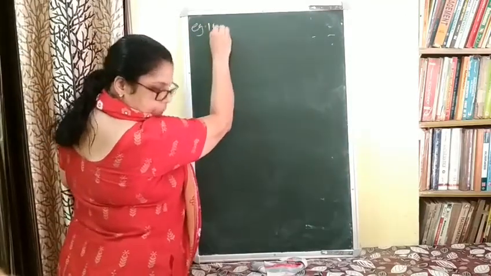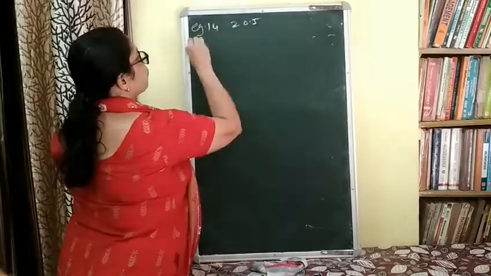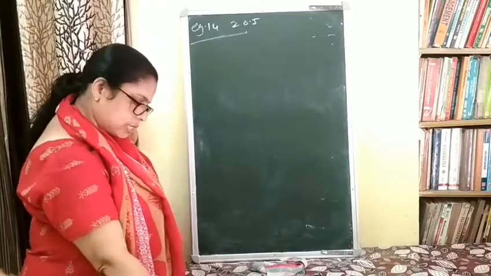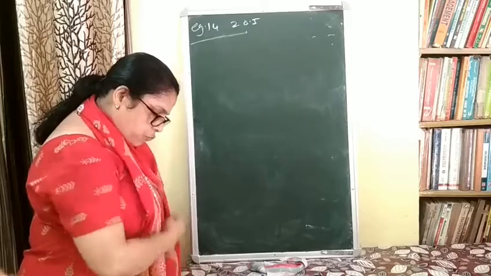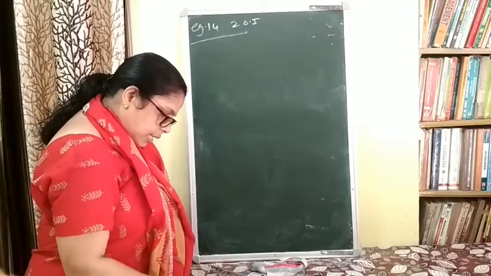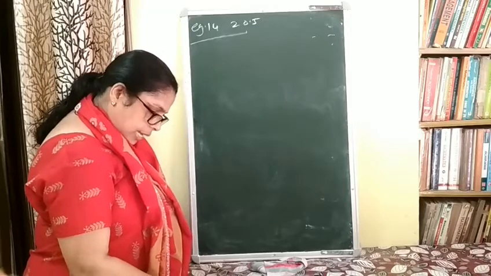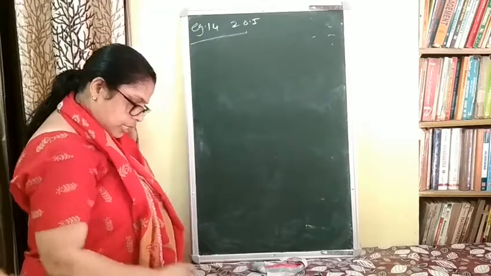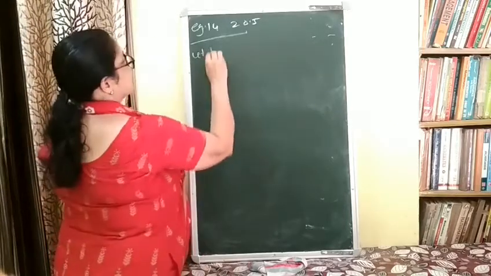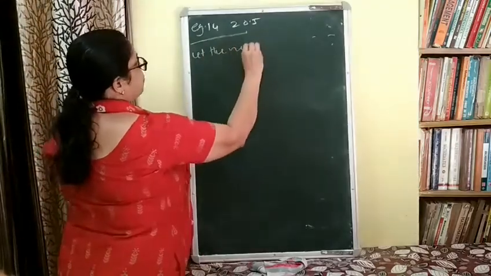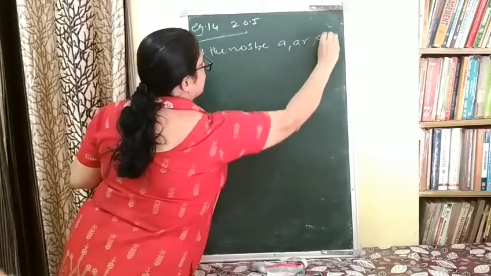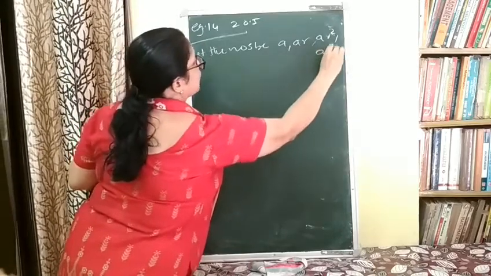Example 14 in page number 20.5, this is a question of NCERT. If you do it once in Addition, the NCERT questions will also be covered. Find four numbers forming a geometric progression in which third term is greater than first term by 9 and second term is greater than fourth term by 8. So you have to find four numbers. Let the numbers be, when numbers are asked you have to assume A, AR, AR square, AR cube. Those are the four numbers.